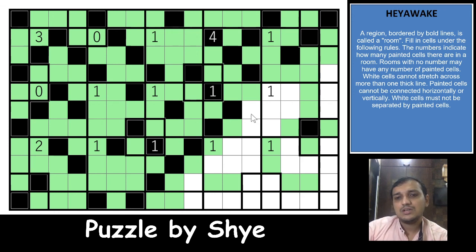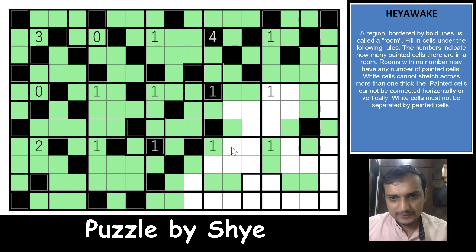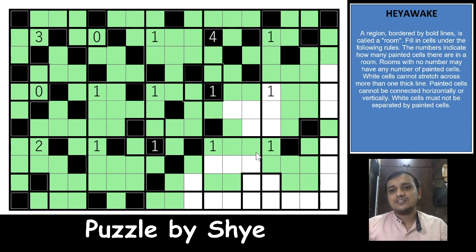Oh, guys, come on, this was simple. I missed it. Oh, that is very bad actually. So one of these three cells will have to be shaded, right? All of these cannot be unshaded because you'll have white cells stretching across one thick border. So which means all of these will be unshaded. That shades this cell, unshades this cell, unshades this cell. And okay, that shades this cell as well. That was simple, guys. That we missed it. That was really easy.